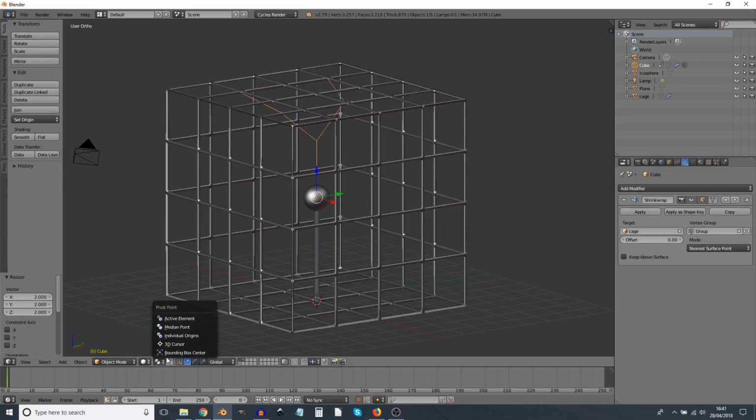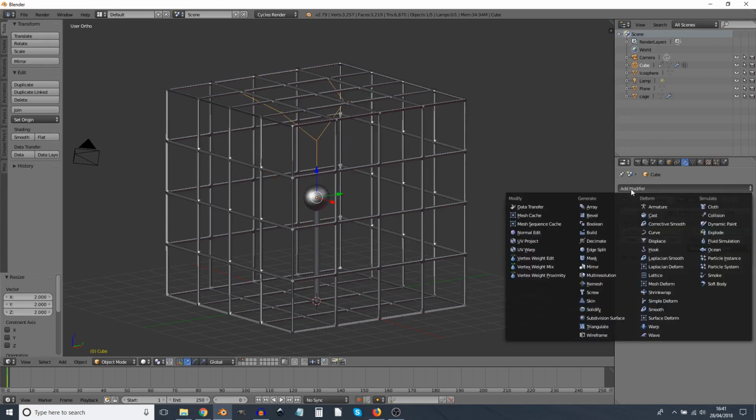And now, making sure that the pivot point is the median point, i.e. the object origin, I'm just going to press R twice, and now, as you see, the ends of the thingy are always on the edges of the cage. It still just doesn't really look like lightning yet, so we're going to